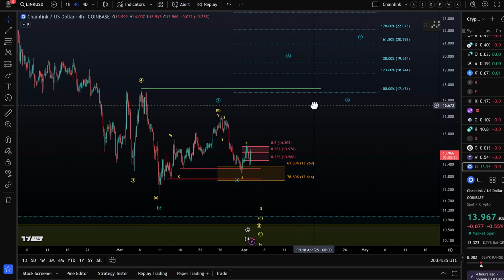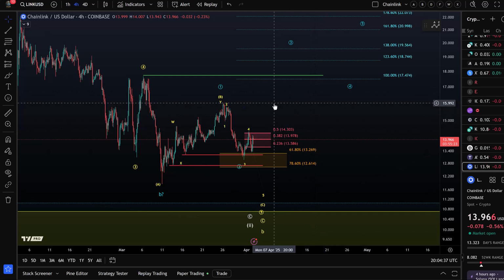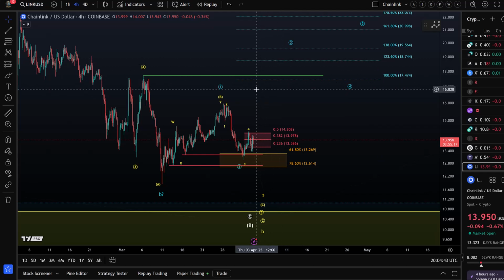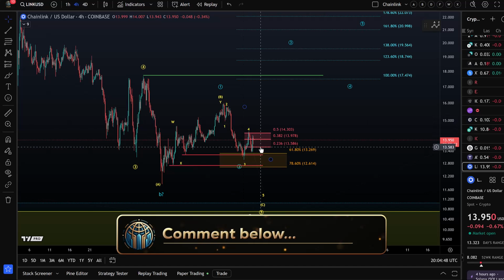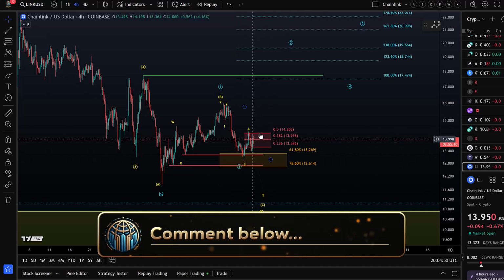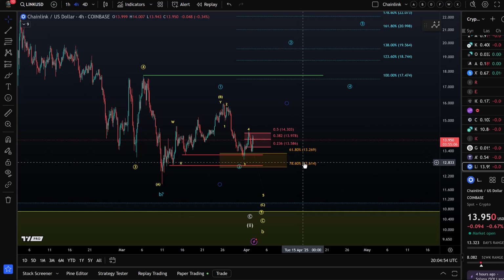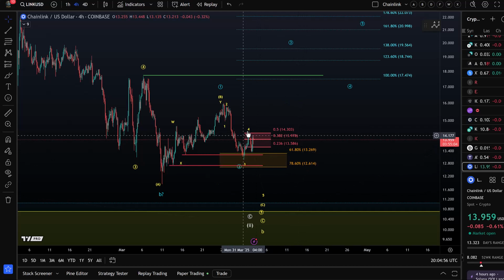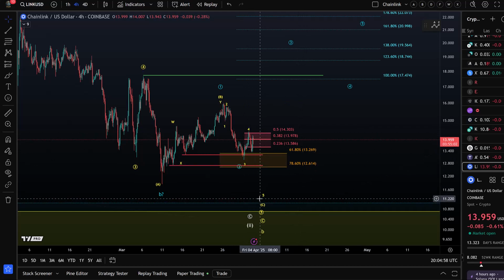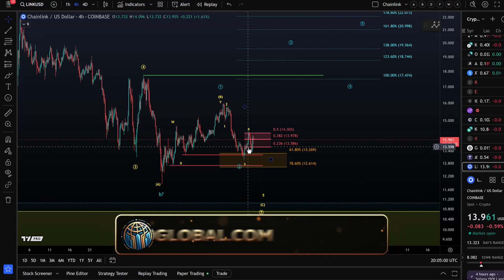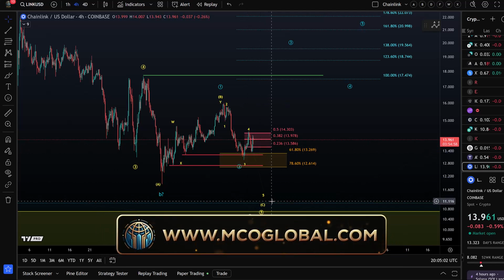And any higher from here could indicate that the third wave up is unfolding. At least I'm going to watch for it, but hey, this is all very speculative as long as resistance is holding. The market now needs to make a decision because the price is caught between resistance and Fibonacci support at 12.61. One more low seems likely, and at the moment seems to be the most probable scenario.